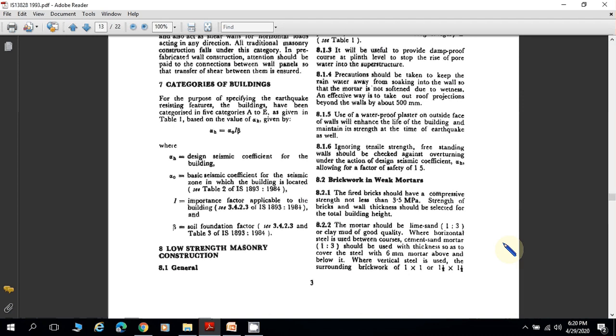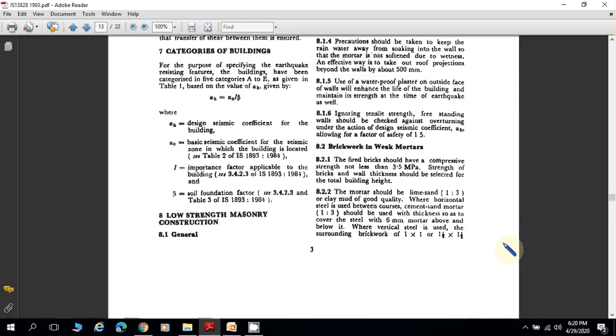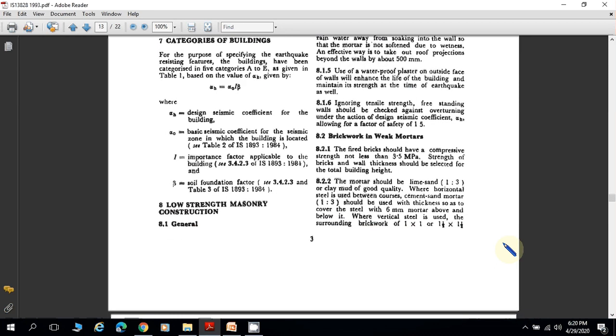Projection should be provided beyond the walls of about 500 mm if not avoided. If it is possible to avoid the projection, avoid it, but if it is not avoided, then only 500 mm beyond the wall to be provided. Waterproof plasters to be provided to resist the water from the outside